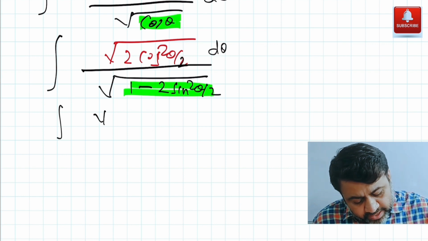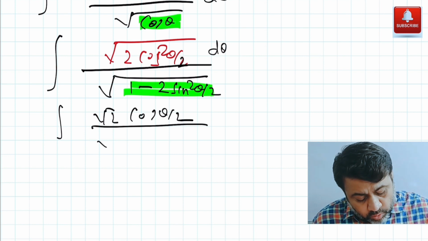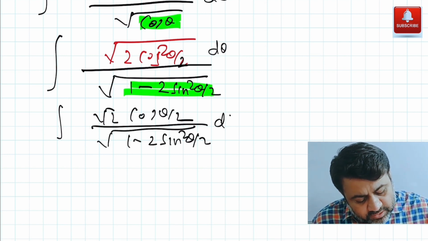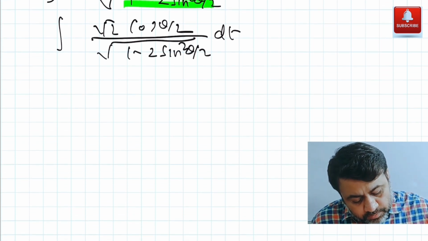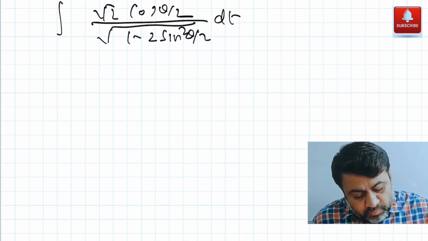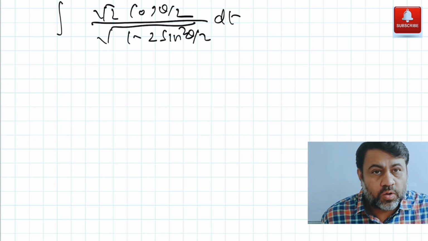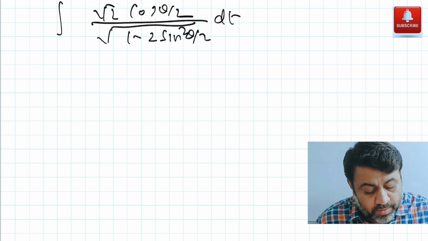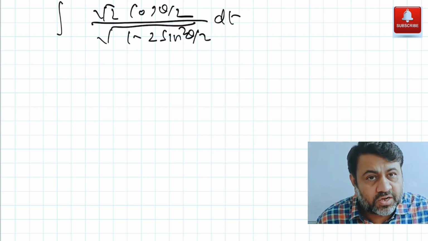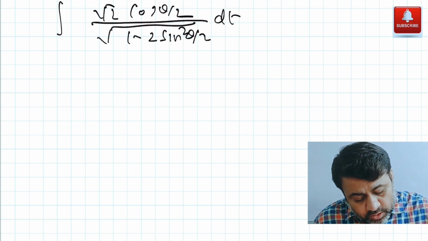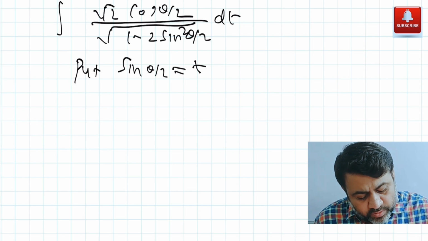आई एम जस्ट गोइंग टू राइट रूट 2 टाइम्स cos थीटा बाई 2. मैंने यहाँ पे स्क्वायर रूट ले लिया 1 माइनस 2 sin स्क्वायर थीटा बाई 2. नाउ इट बिकम्स वेरी इजी टू आइडेंटिफाई व्हाट कैन बी योर सब्स्टिट्यूशन हियर. सो फोकस करते हैं सिर्फ अगर हमारा क्वेश्चन ये होगा रूट 2 cos थीटा बाई 2 अपॉन 1 माइनस 2 sin square theta by 2 inside the square root, what we'll do here is we'll just put sin theta by 2 as t.